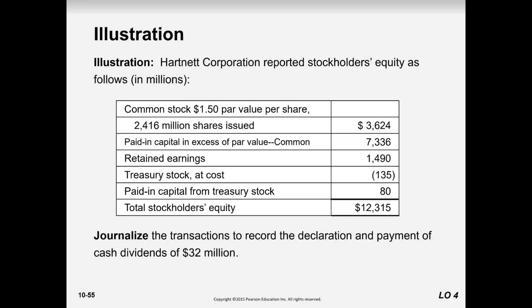Now generalize the entry here. We have common stock, paid-in capital, retained earnings, treasury stock, and paid-in capital from treasury stock, which is the premium on the treasury stock. So generalize the transaction to record the declaration and payment of a cash dividend of 32 million. When